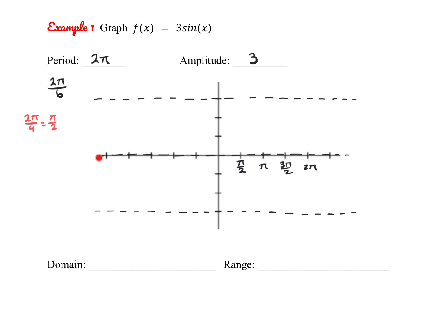graphing. Sine will always start at the origin for us, and it will always start at the midline. So if we're shifted up or down, we're going to start at the midline. So this is my starting point. And then here I have 1, 2, 3, 4 pieces, which will be one cycle. So I follow the pattern: I go up, back to middle, down, back to middle. And I have just drawn one full period